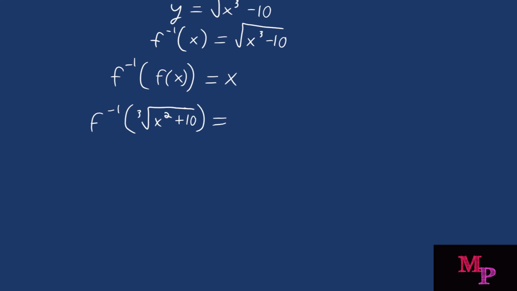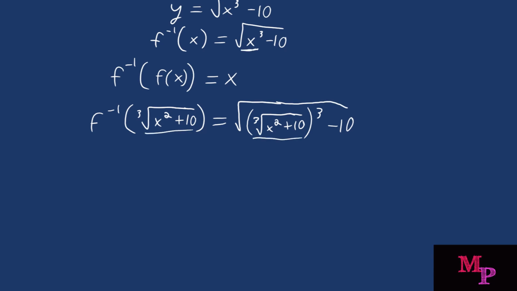And when you're plugging in a function to another function, wherever you see that variable, that's where you're going to replace it. So we only see x one time, and you're just going to replace x with what's on the inside. So x is going to be replaced with the cube root of x squared plus 10, and that itself is being cubed minus 10. So everywhere you see an x, you replace the expression that's on the inside. So that's what we just did there. All right, so the first step